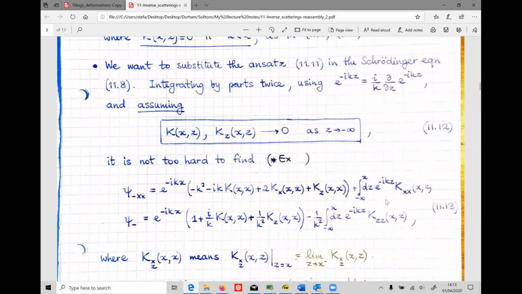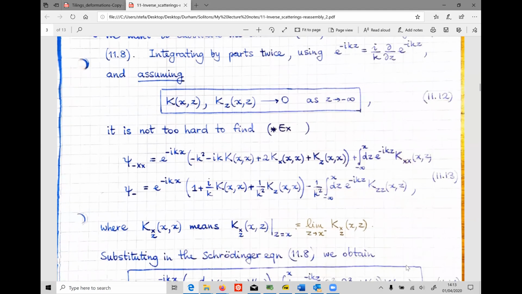It still involves integrals of derivatives of the integral kernel, and then there are some extra terms, some of which come out of this integration by parts, which also might involve some derivatives of the integral kernel with respect to x or z, with z evaluated to be equal to x at the end. Okay, so the details here don't really matter. The point here is that we can